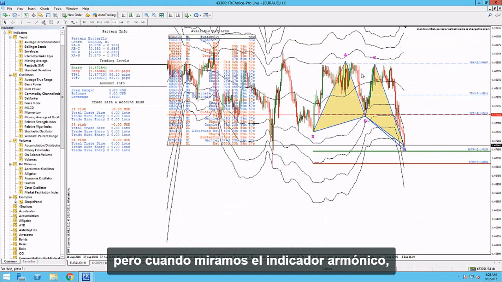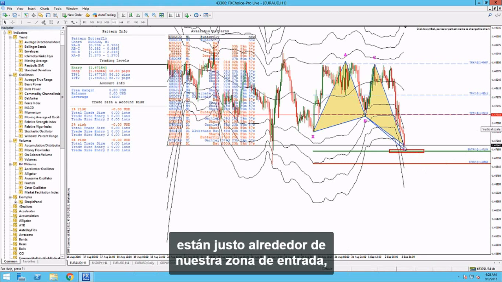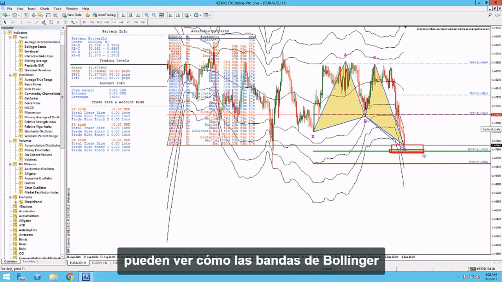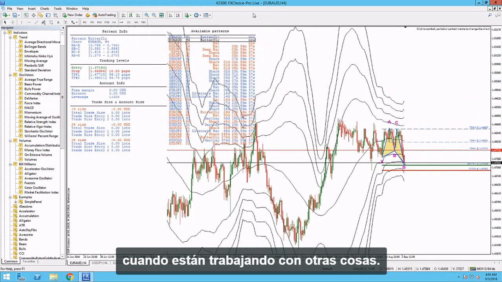But when we look at the harmonic indicator, adding these standard deviations, these Bollinger Bands that come right around our entry zone, you can see how the Bollinger Bands tie into the entry zone and how they can become a value to you when you're working